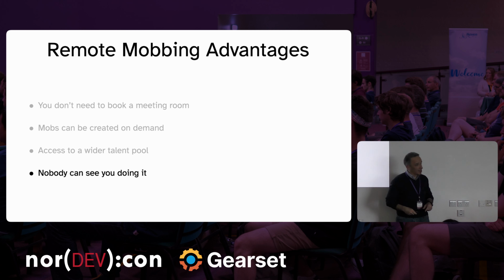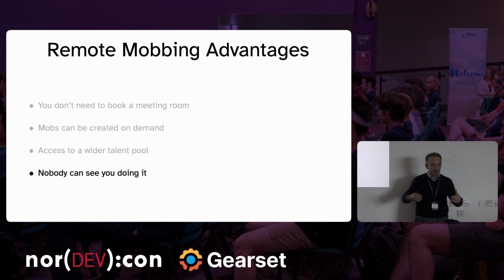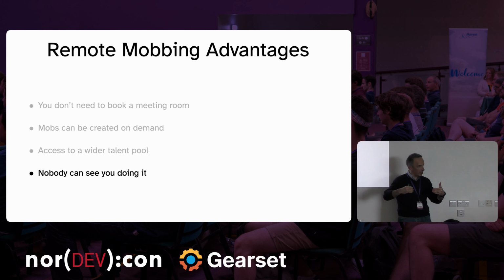And then, last but not least, something that is extremely important. Nobody can see you doing it. Because, you see, we introduced that in the team, but they didn't really advertise this to anybody. And the thing is, often, even well-intentioned managers, who say that we are agile and we promote these things, when there is high pressure, they revert back to whatever are their habits. And they go, yeah, but this time is different. Can you please split because, blah, whatever reason. And they are not doing that out of being idiots. It's out of pressure.